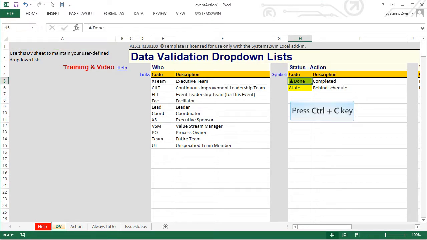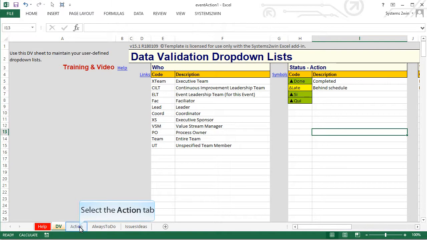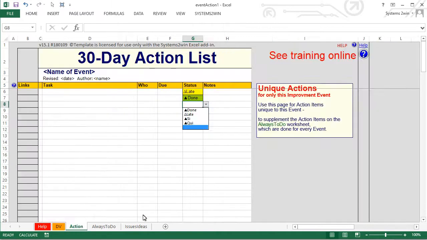So if I copy that cell and then paste it and then leave the initial symbol but edit the word that comes after it, then you can create multiple new choices with different words that will still correctly turn the cell green based on the leading symbol rather than the words, which can be especially helpful for international organizations.